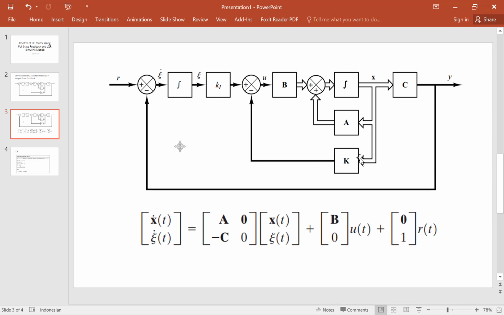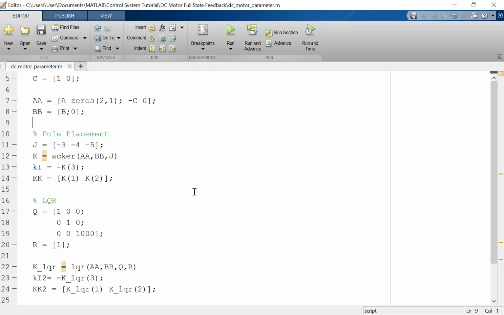You can get the DC motor model in papers on the website. This is the new state. To calculate the state feedback gain and also the integral control gain, we can use the Ackermann formula in MATLAB or the LQR in MATLAB. So the commands are acker and also lqr here.